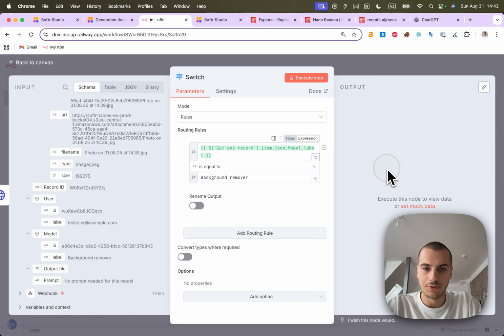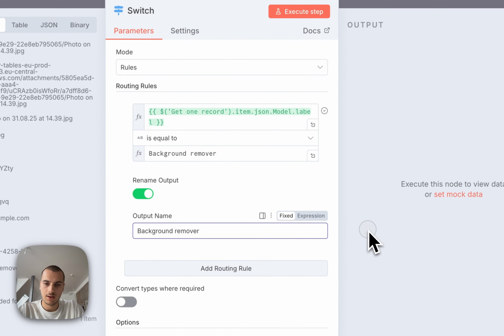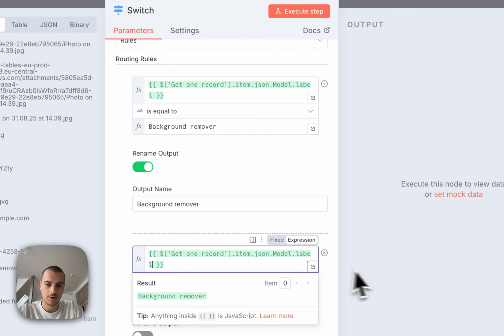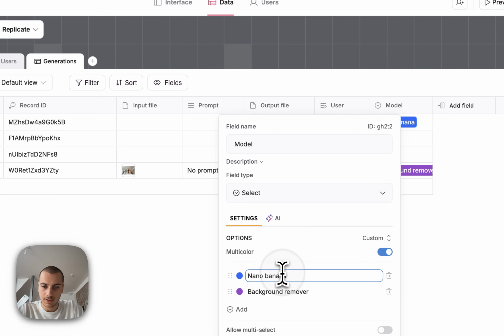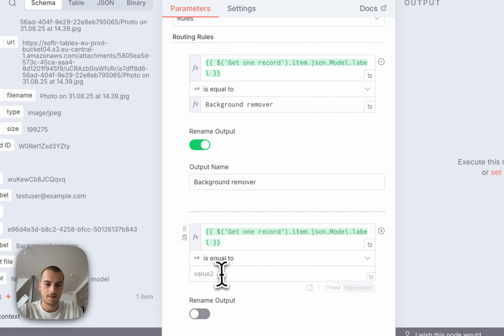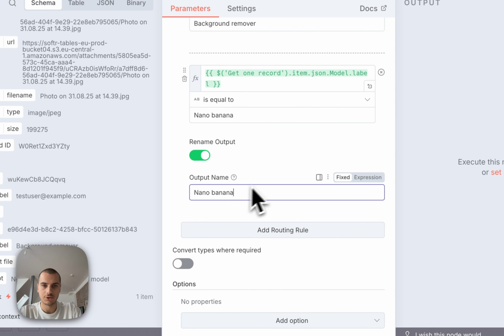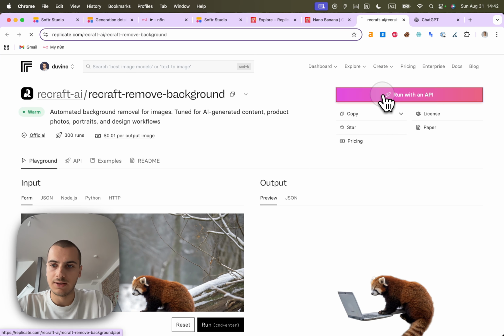So one branch for the background remover and one for the NanoBanana, which was named exactly this way, because we'll do a different API call for each. So we'll have a different route for each, and I'm gonna head over here to Replicate and hit run with API